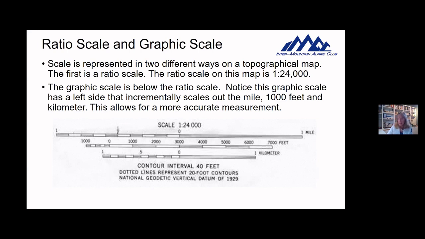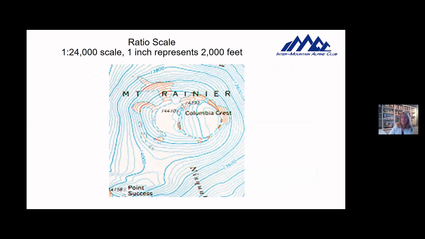This information at the bottom will always tell you the contour interval. Sometimes you can figure it out though. Sometimes your maps might not give you a contour interval, and it's easy to figure out. I'll help you figure it out. I'll show you. Okay, this is a 1 to 24,000 map, 24,000 scale. You can see the contour lines. All of these contour lines on Mount Rainier, right up here. Every 5th line is thicker. This would be